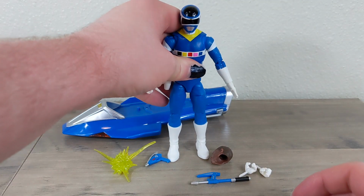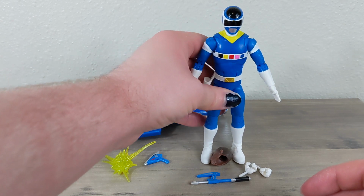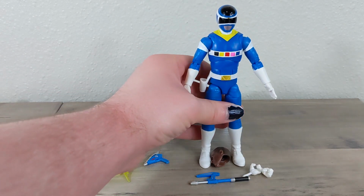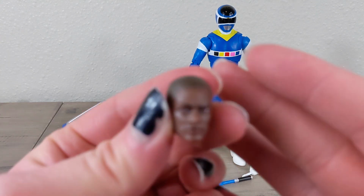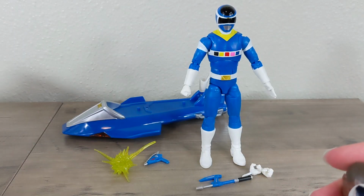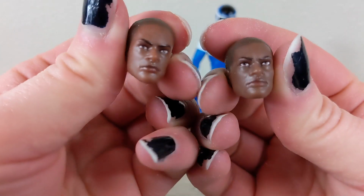But essentially, they are the same figure. And yours could look worse than mine. It could look better than mine. You know how the QC is on this line. It doesn't exist. So next up, we have the TJ head, which comparing that to the original TJ head,